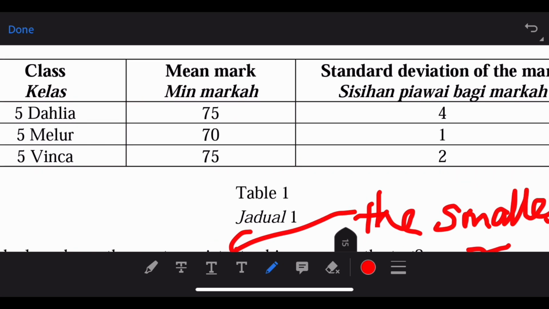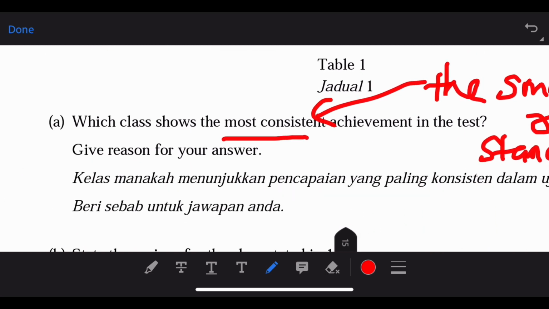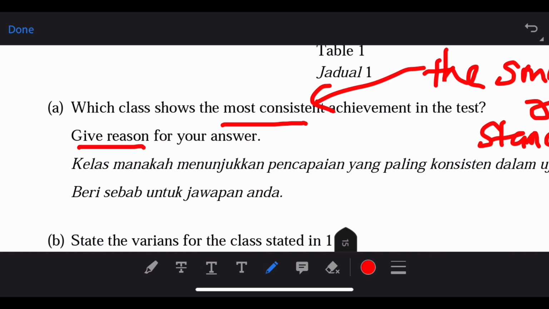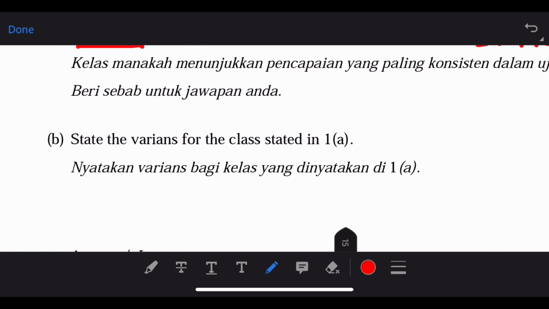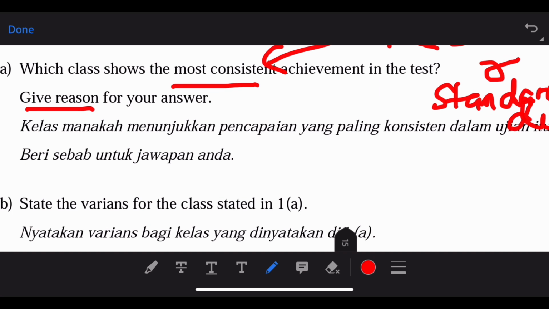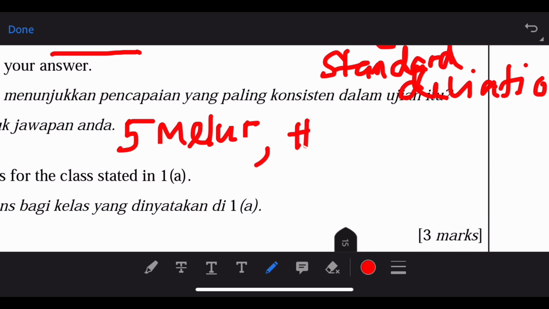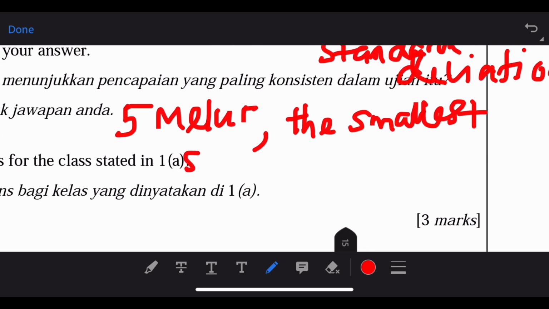So when they ask you the most consistent, you always choose the one with the lowest standard deviation, because the smallest standard deviation value shows that the data is more consistent. This is concept number 2. Always memorize the concept. Smaller standard deviation means more consistency of the data. So we'll choose 5 Merlot, and we have to explain the answer because the question asks you to